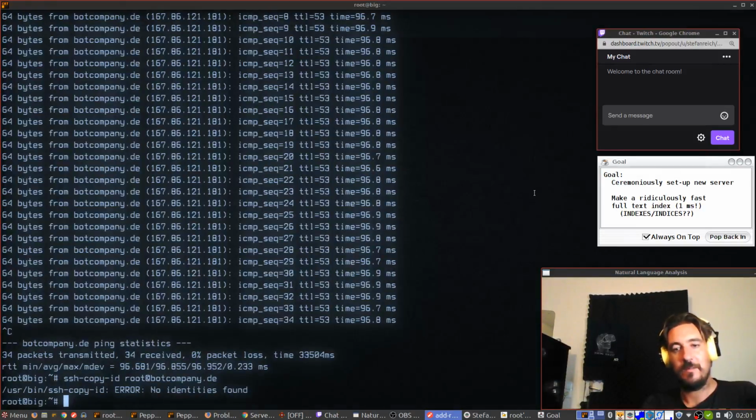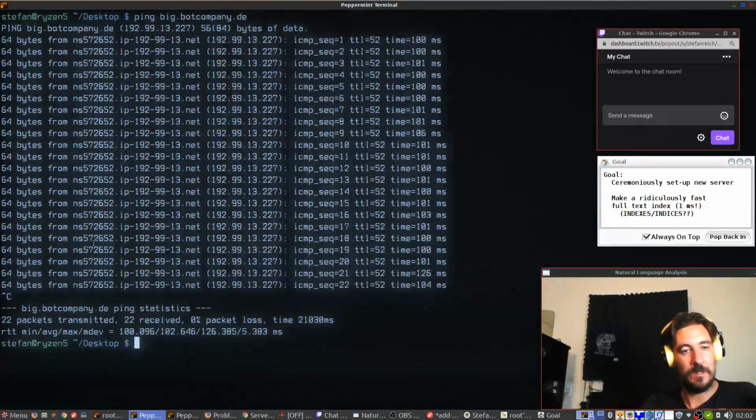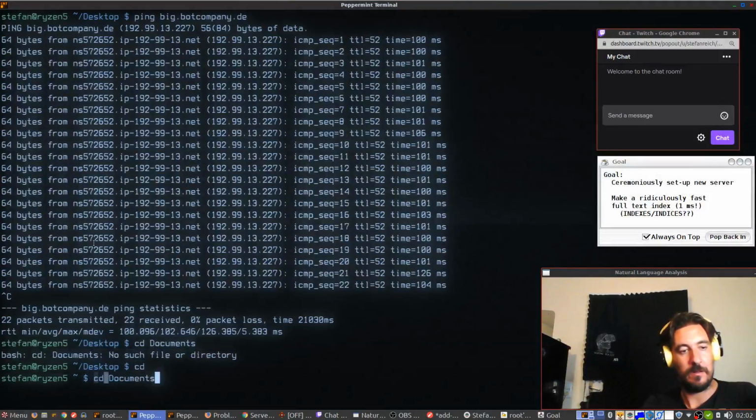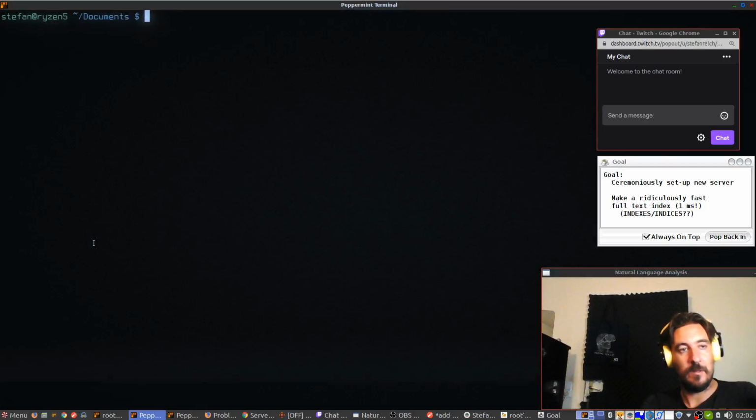Oh, there are some stupid steps involved. This is still a completely fresh Ubuntu. Yeah, so SSH. Oh my god, this is annoying. No, I don't even find out where it was. My document.